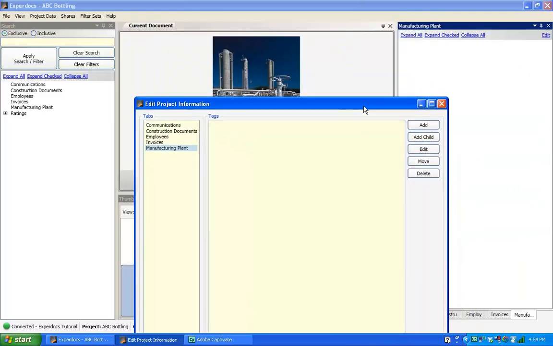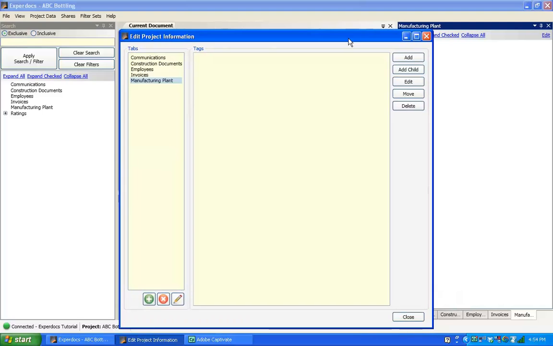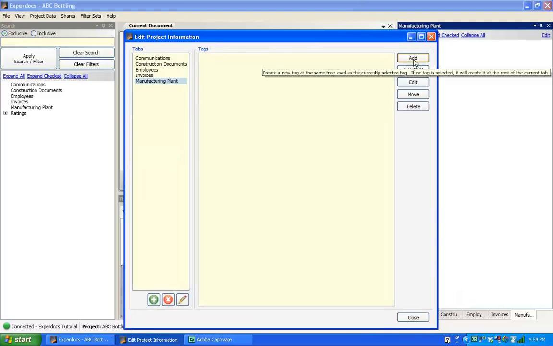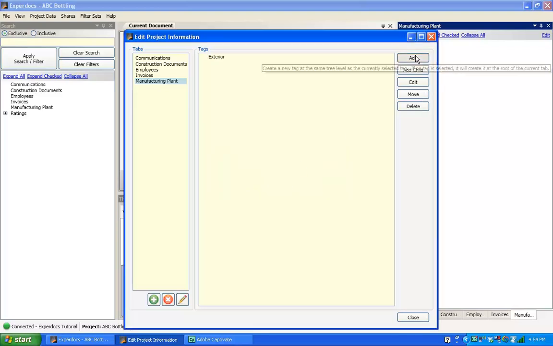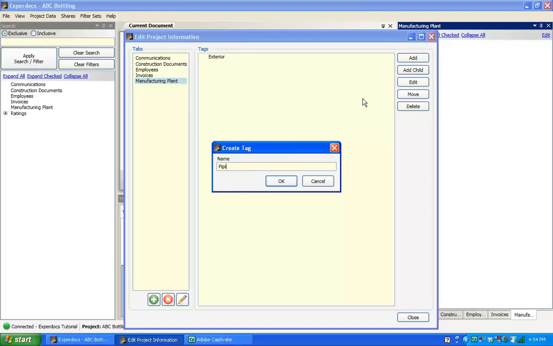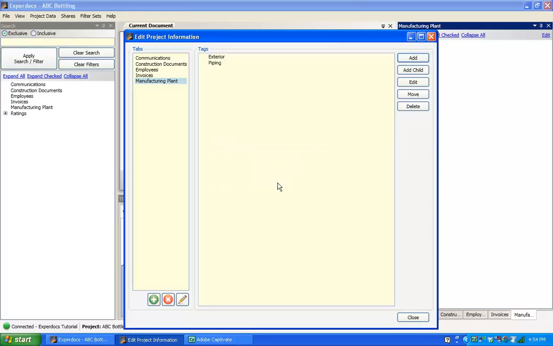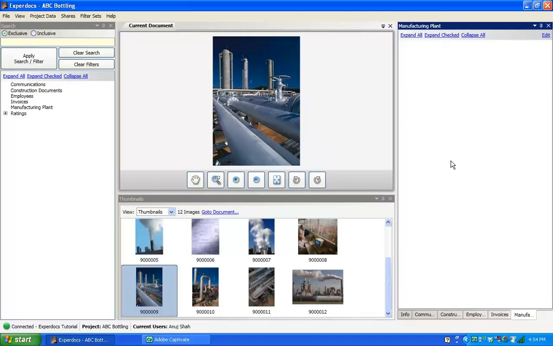Let's see. That looks like, well, an exterior piping. So I'm going to add two tags, one of exterior. This way I can apply that to all my other images which are exterior. And I'll add another tag of piping in order to tag any other images that might be piping. Then close that down,